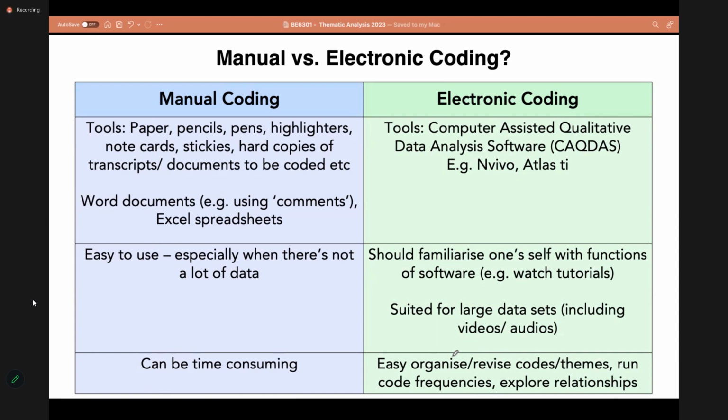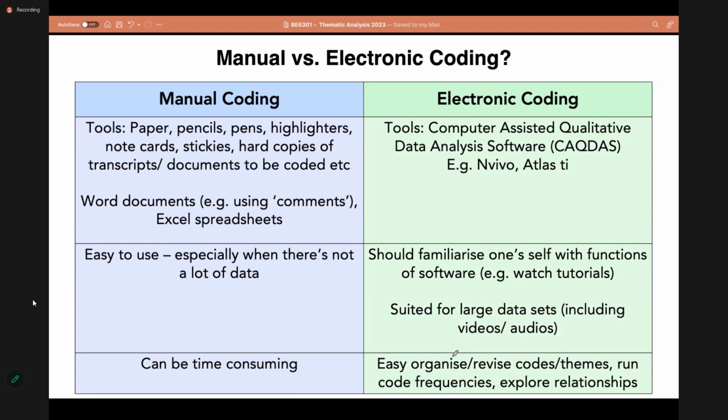Whereas if you're using electronic coding, you might use software like NVivo that is designed to analyze qualitative data. If you don't have a lot of data to analyze, then manual coding may be quite easy because you don't have to use specialized software.